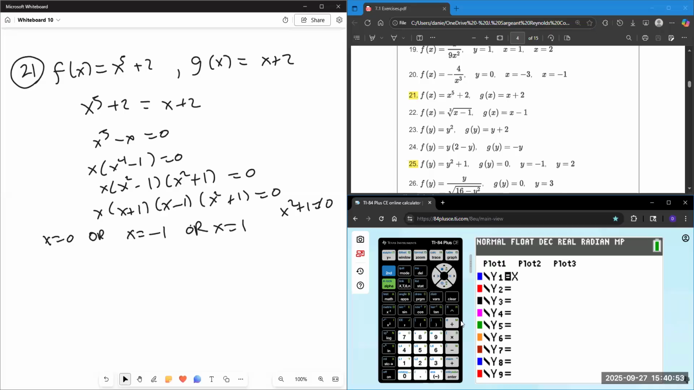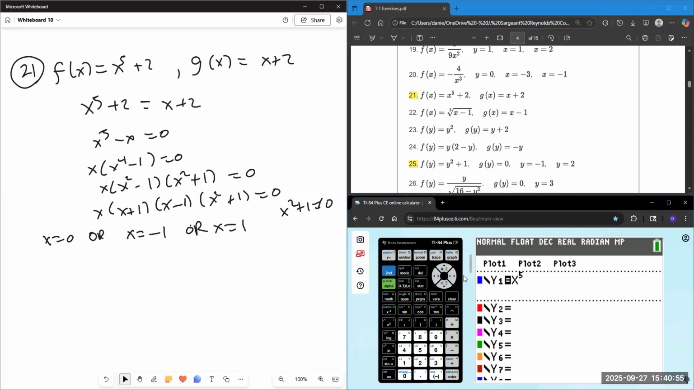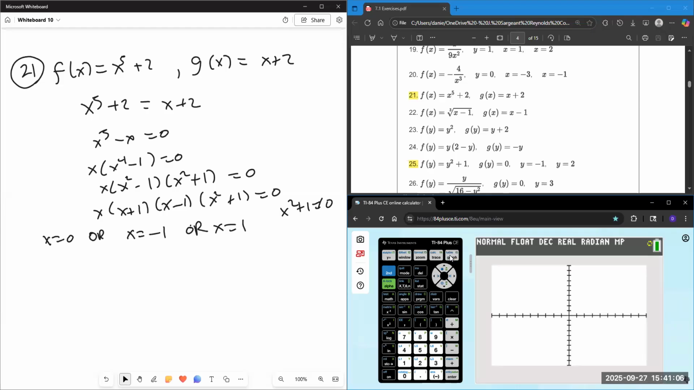So x to the 5th plus 2 and x plus 2. It's a little hard for me to graph something that's 5th degree by hand. There's this very small area up here and this very small area down here that are symmetric. They're the same measure. They're symmetric to that point right there. So by symmetry,